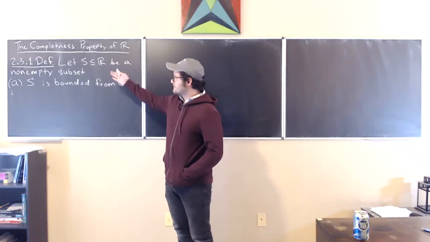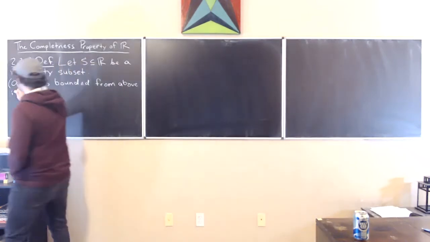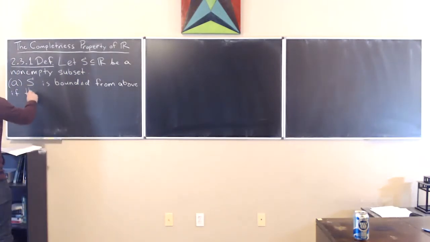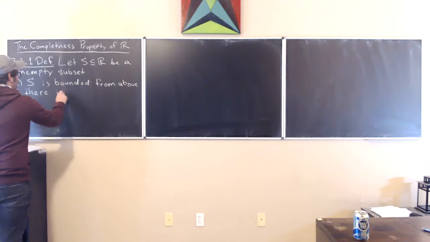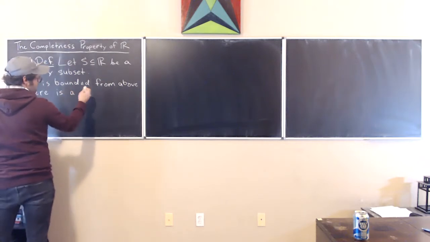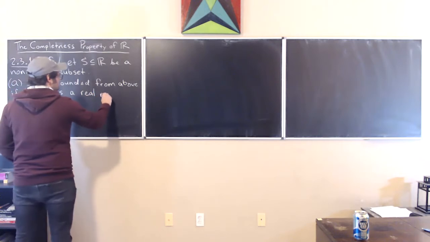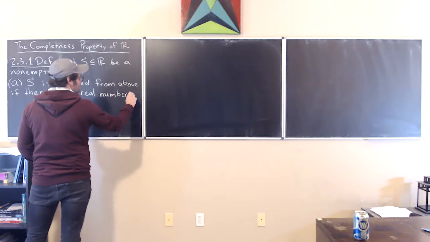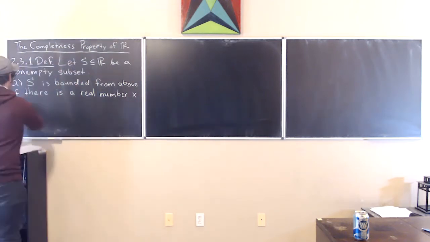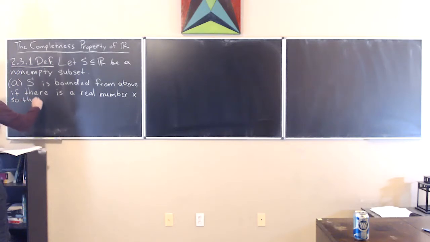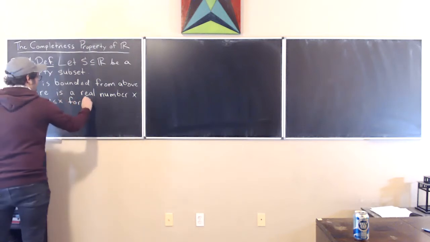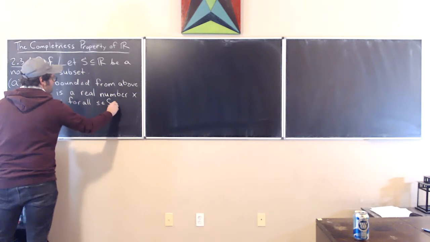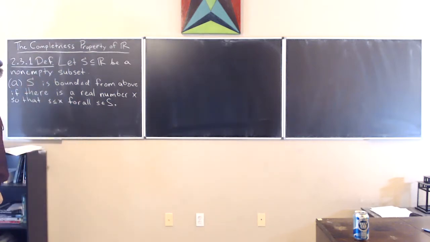So, all right. So we say that this non-empty subset is bounded from above if there is a real number, say, I don't know, X, so that little s is at most X for all little s in set S. Okay? So this is what it means for a set to be bounded from above, and similarly,